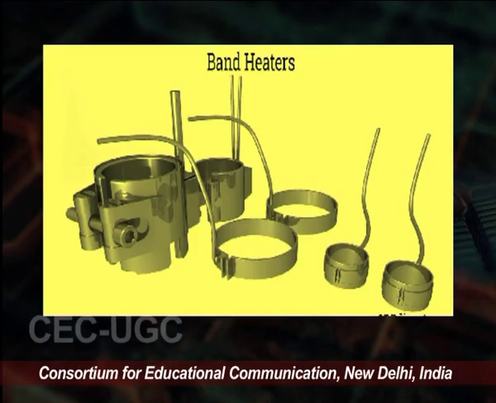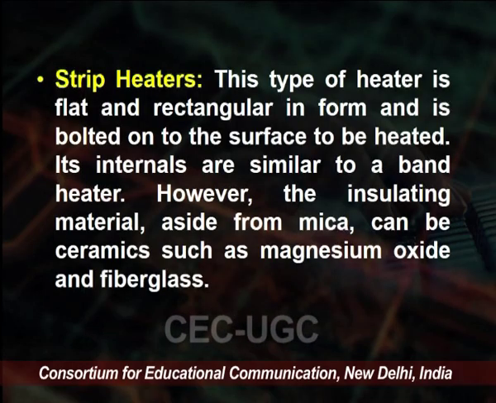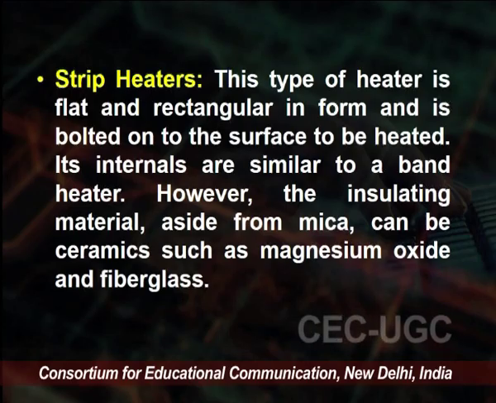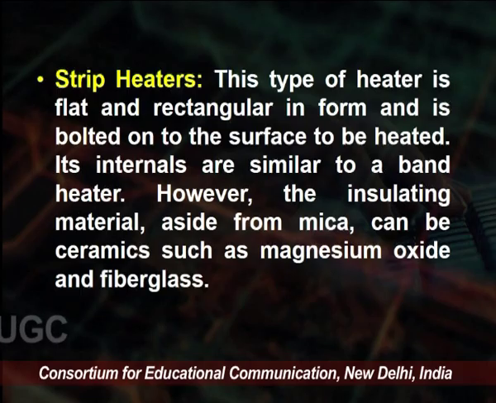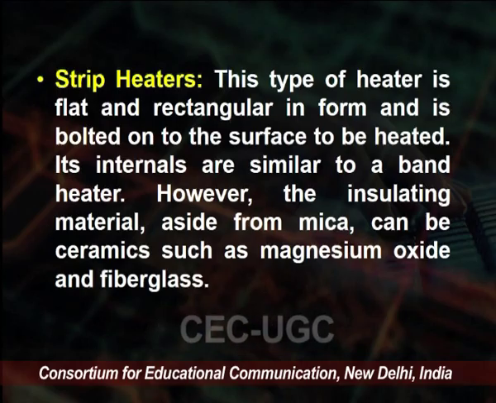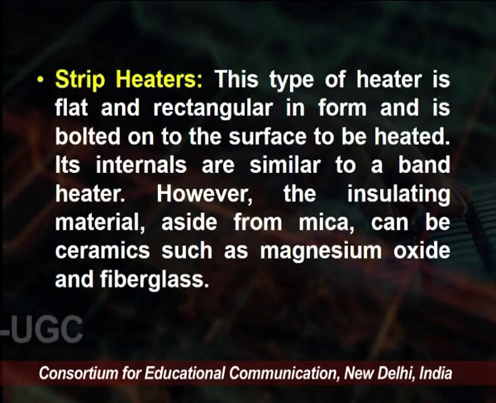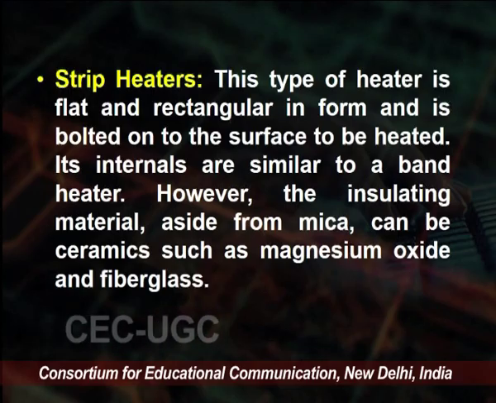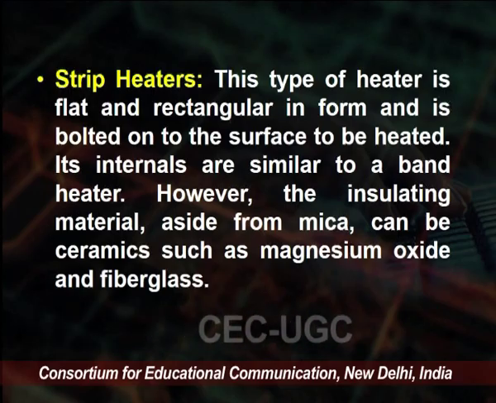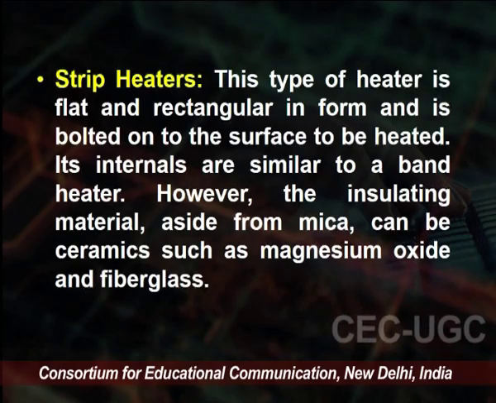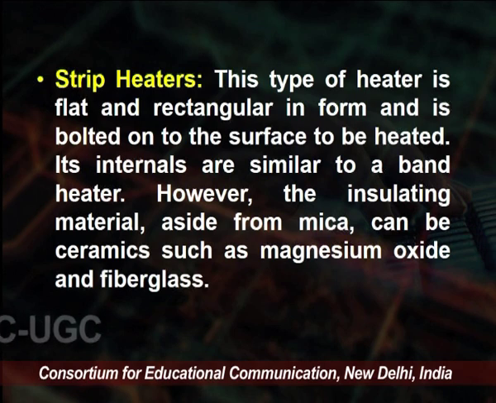and these are heated in different manners. Another type of heater is the strip heater. This type of heater is flat and rectangular in form and is bolted onto the surface of the heater, and its internals are similar to that of the band heater. However, the insulating material aside from mica can be ceramic such as magnesium oxide and fiberglass